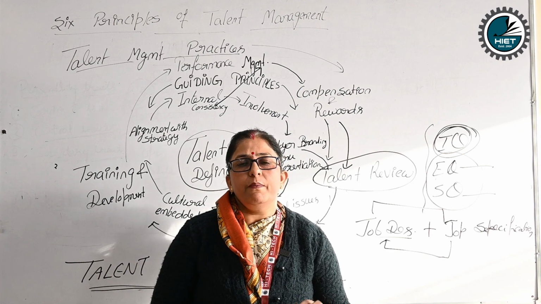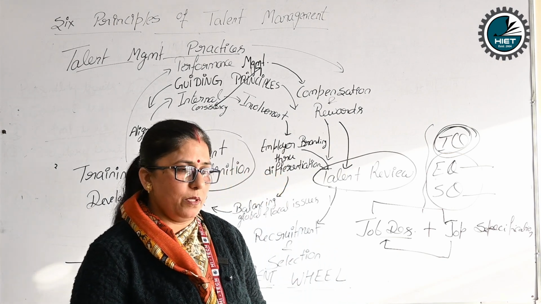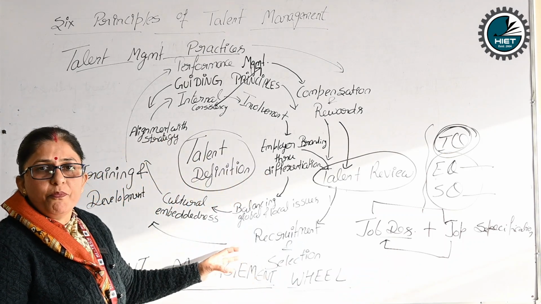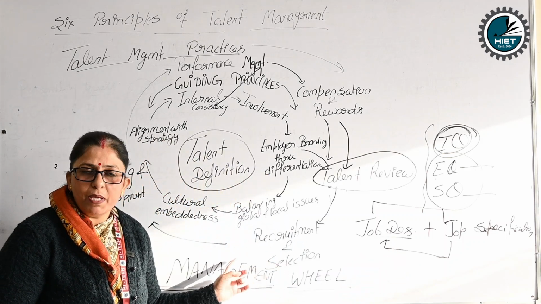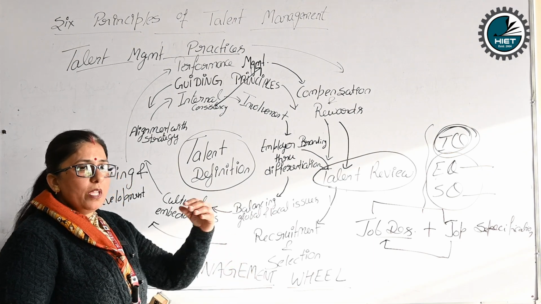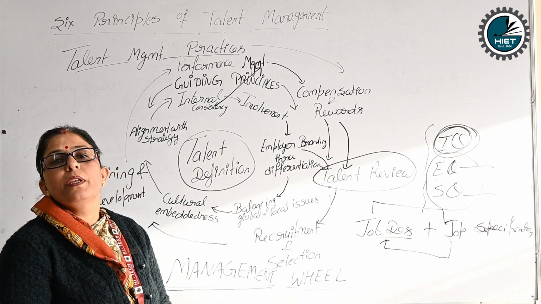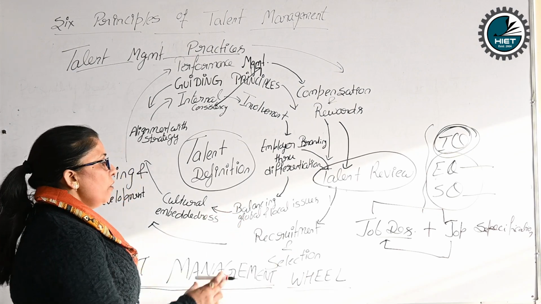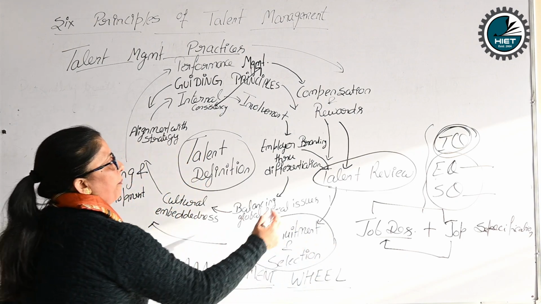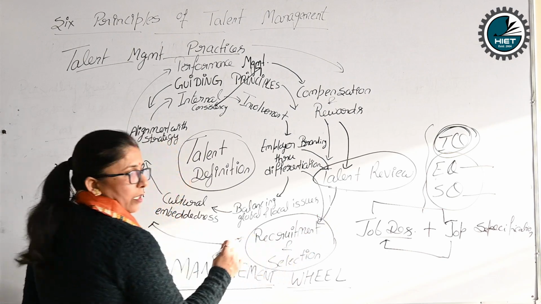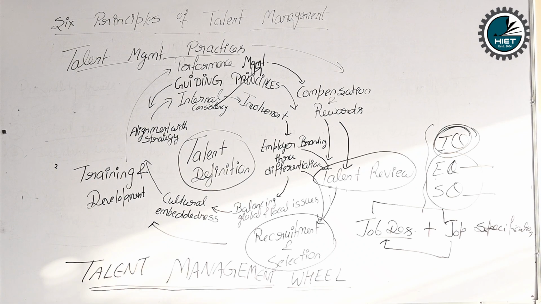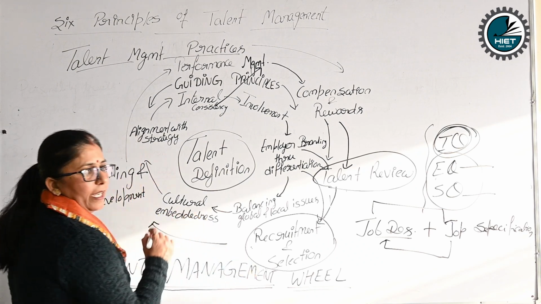But since the time we are having mobile apps, banks are recruiting and selecting a number of people for their online work. That means those people who are dealing with IT, who are dealing with technology. So their workforce will be different. They will not be common kind of employees. So while going through this recruitment and selection process, including employer branding and differentiation, this whole thing has been planned. Now, suppose once this person has been selected.